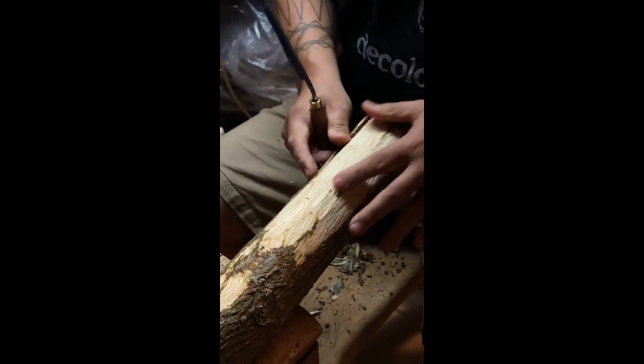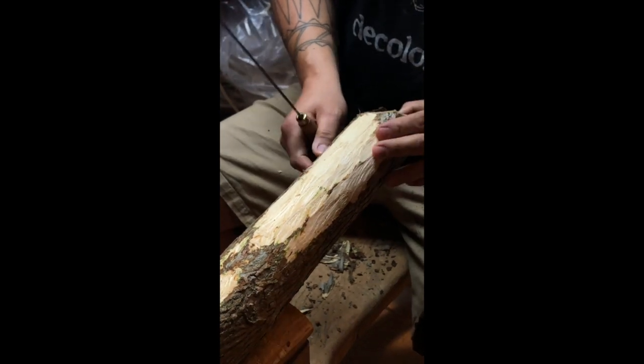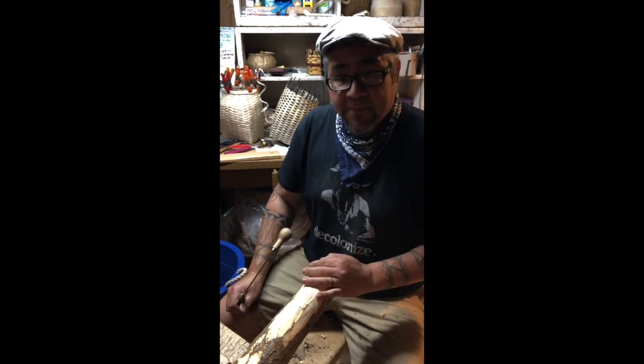When I'm done, I'll show you. We'll take it out to the table and I'll cut it into strips. It's going to take me about a good hour to do this, but in the end it makes a nice finish. All right,